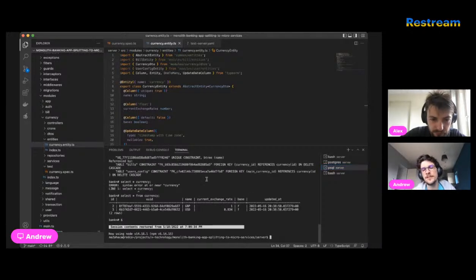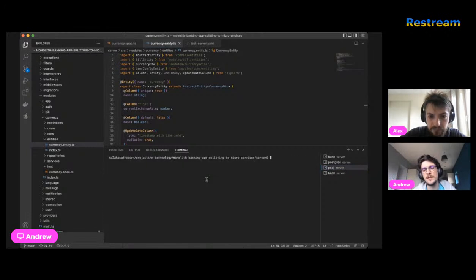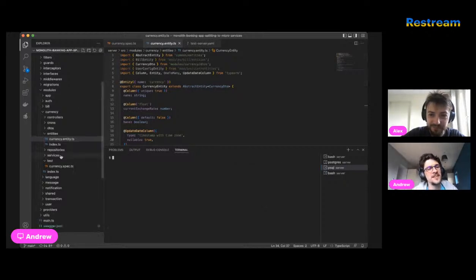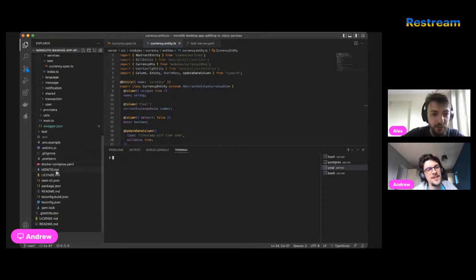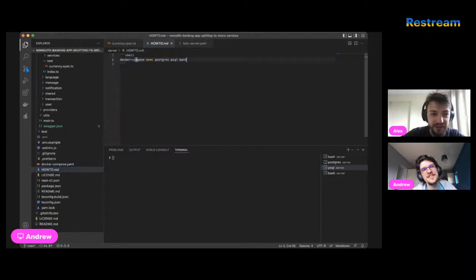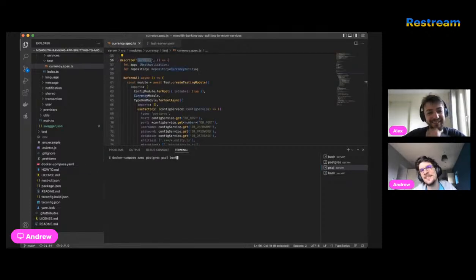Let's go here and see. Again, this problem with history, as Alex described last time. I think after that you went to that shell. After that, we created a dedicated file, a how-to, and now we have this command finally. Let's try to run it. Okay, we are inside the database, and we finally want to see what currency is.